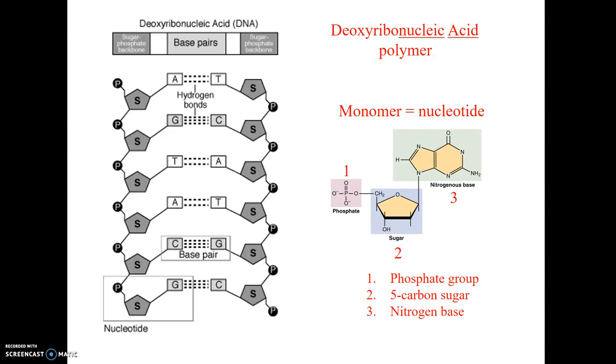Well, nucleic acids are what we refer to as polymers. They're really large molecules that are made up of smaller repeating subunits called monomers. In the case of a nucleic acid, the monomer is a nucleotide. And so as a nucleic acid, DNA is made up of a bunch of nucleotides that are strung together,